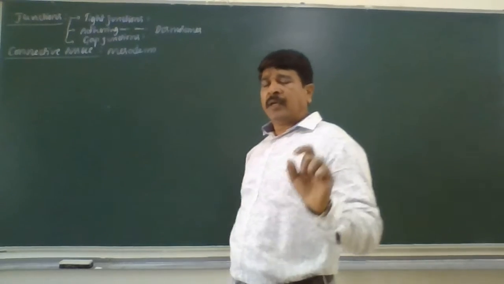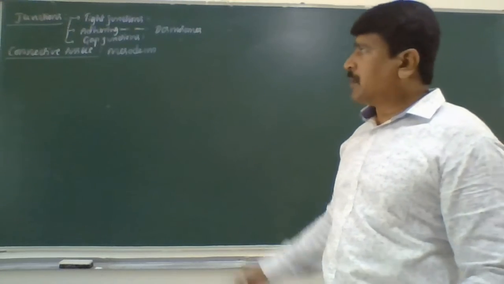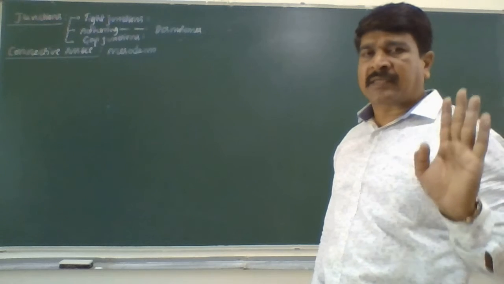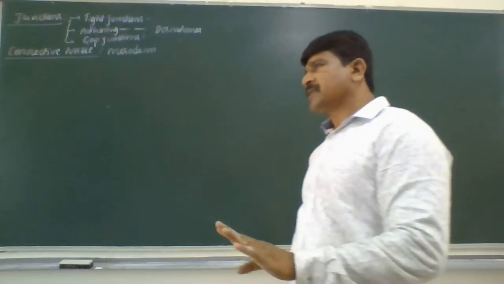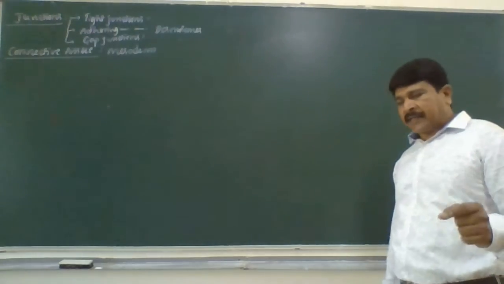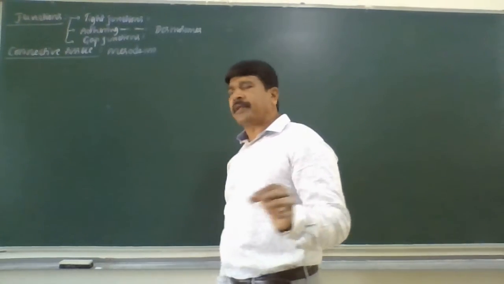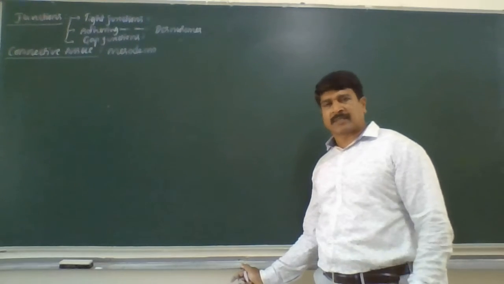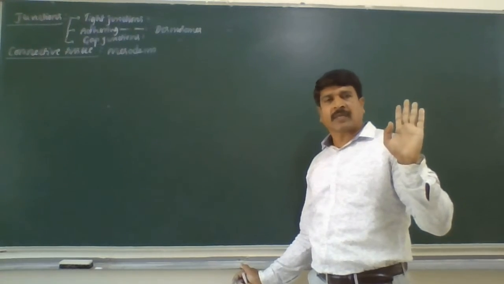I'll repeat once again. The tissue which connects various organs in our body is called connective tissue, derived from the mesoderm. It is vascular. The intercellular spaces are filled with matrix, in which various types of cells and fibers are embedded. The matrix is modified into different forms in different connective tissues. For example, in cartilage it is very soft. In bone it is very hard and rigid due to the presence of calcium substances. In blood it is fluid in nature, called plasma. I think you are getting it.